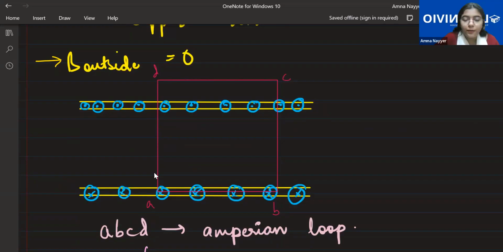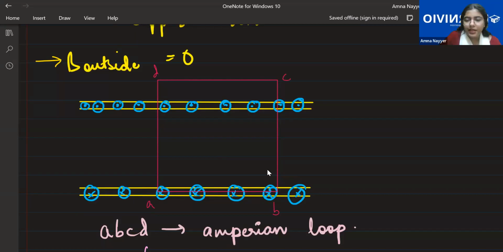So how is the loop taken? The loop is taken in such a manner that a little bit of the portion is enclosing the magnetic field part from here. The middle part is being enclosed, one complete segment of the wire is enclosed, and a little bit of the outer portion is enclosed. That's why it's not taken evenly from here. It's pushed slightly upwards so that the outside region can also be taken. And remember, outside the magnetic field is zero.